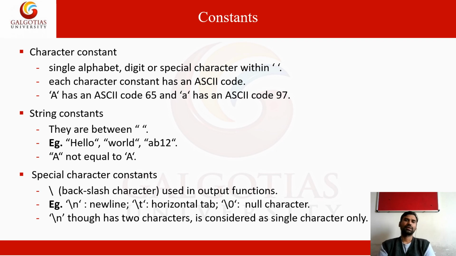So another word for variable name is identifier. There are character constants, string constants, and special character constants. For character constants, A has an ASCII code, and the equivalent ASCII code of capital A is 65, and of small a is 97. Likewise, a string value is a normal string constant denoted between double quotes. For example, "Hello" with double quotes, the whole thing in double quotes is a constant, like special characters.